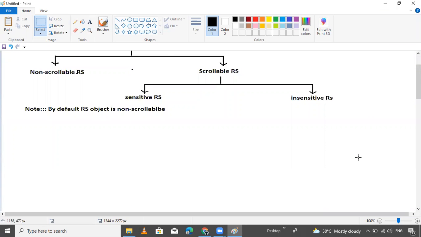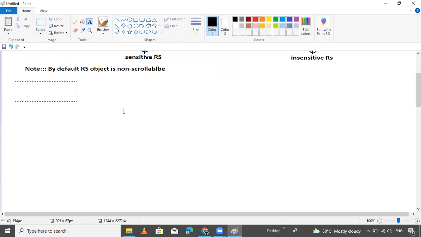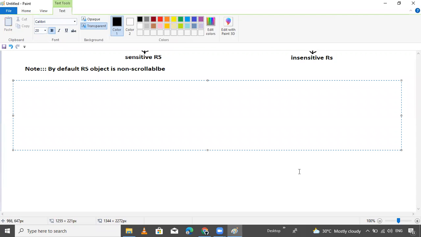Now, let's move further. To write some points so we'll get clarity.